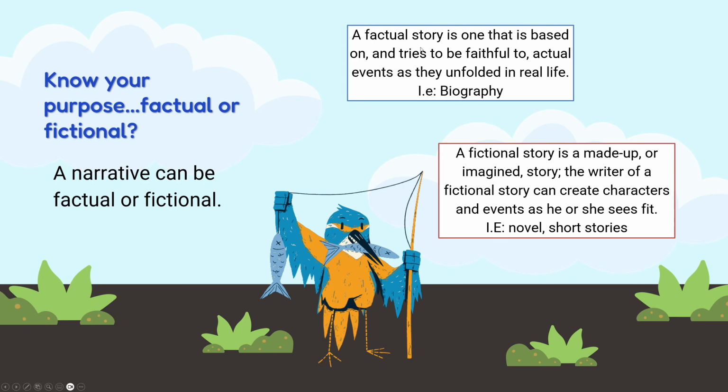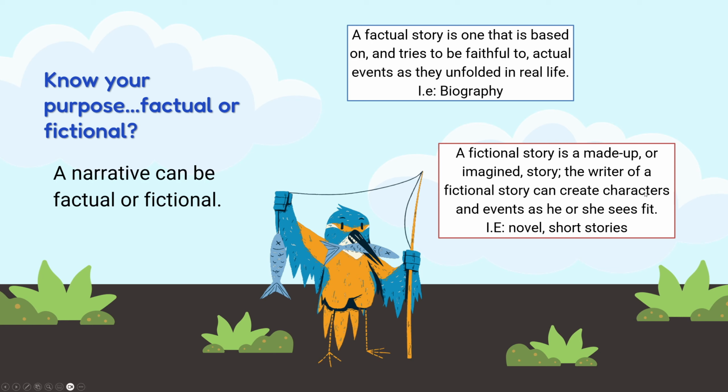A factual story is one that is based on and tries to be faithful to actual events as they unfolded in real life. For example, a biography. Whatever happens in that person's life, they will tell it as close to the truth as possible. For example, the biography of Tun Mahathir, they will talk about what he achieved and what he did during his reign as PM of Malaysia,